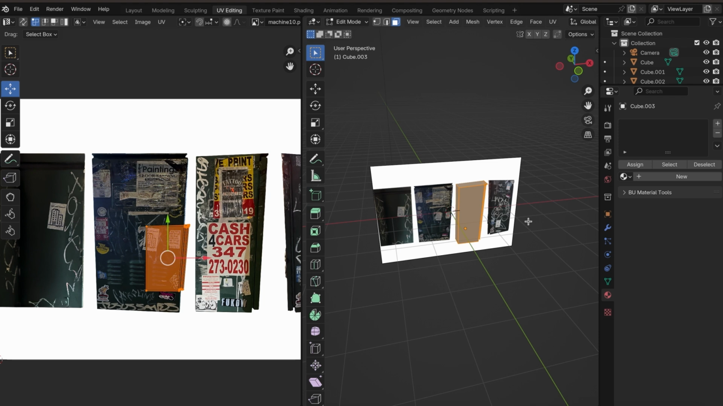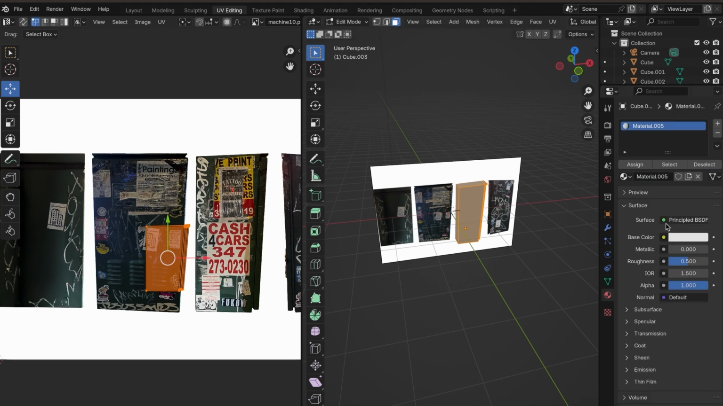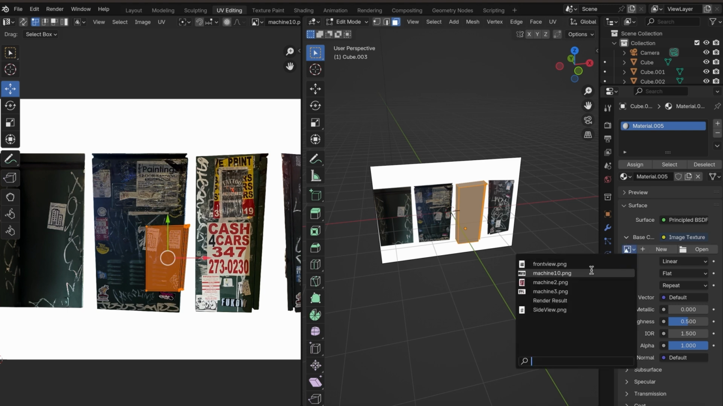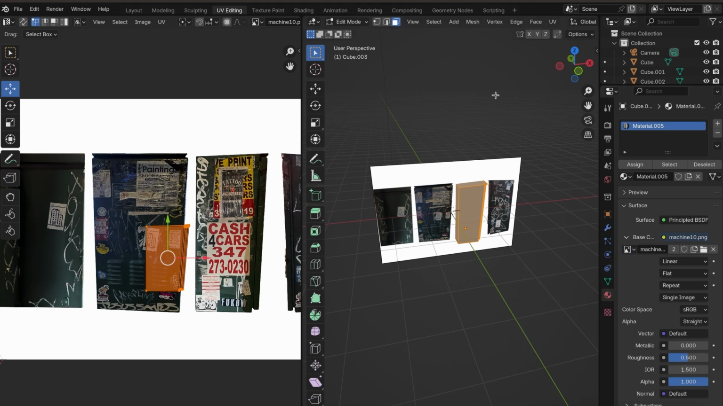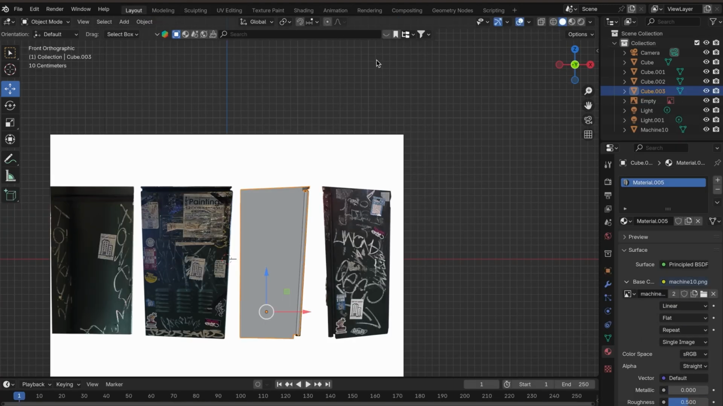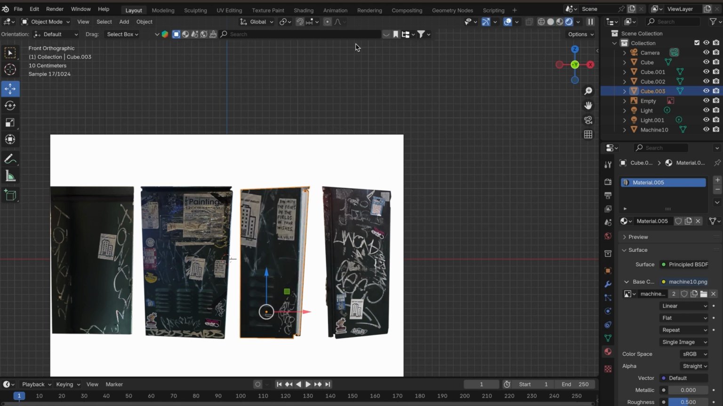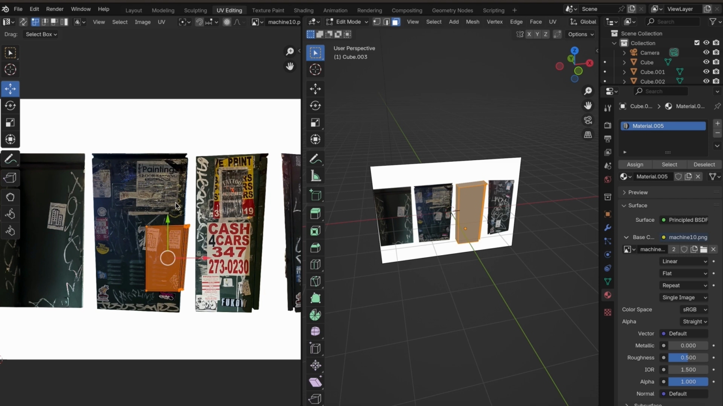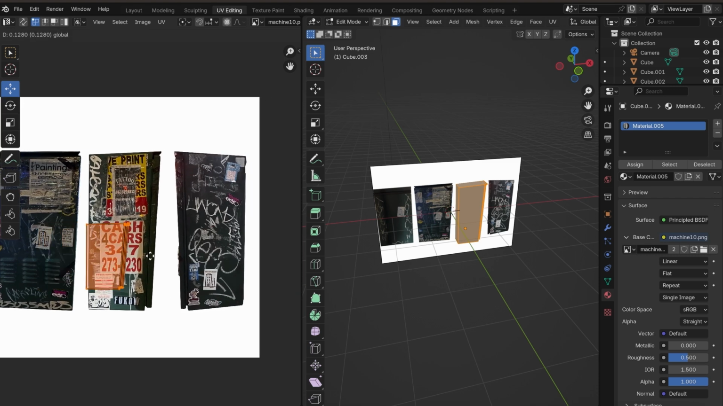Let's first of all also create the material. So we go to base color, change that into image texture, and again select the image we just imported. Okay, that's good. Yeah, that's working. So we can go back into UV editing now, and what we're going to do is match